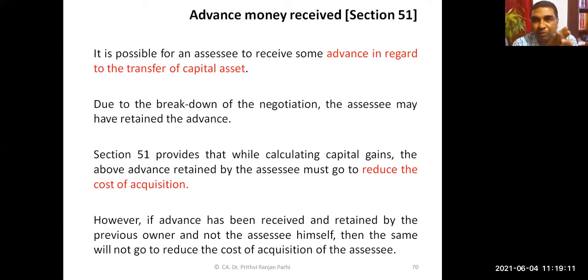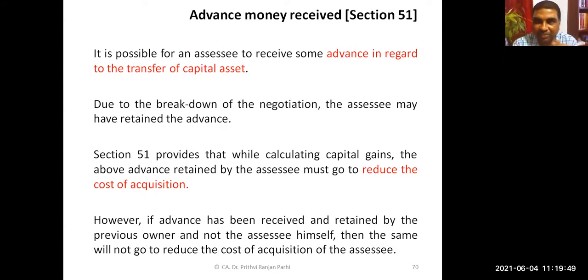Friends, one more thing we have to keep in mind. Sometimes when you dispose of a capital asset or transfer a capital asset, some situation may happen like this. The assessee might have received some money as advance, which might have been forfeited. This also happens sometimes. Meaning, suppose you want to dispose of a capital asset, somebody might have given you the advance, but finally the transaction could not take place. The advance got forfeited. That means you took that advance and you didn't refund it. That may happen. Is it not?